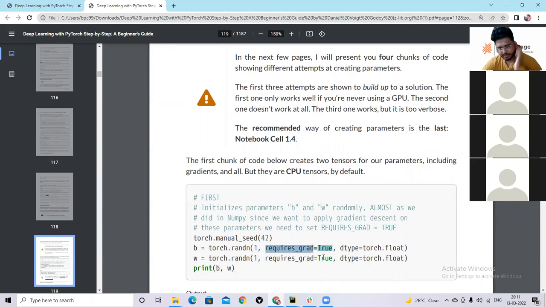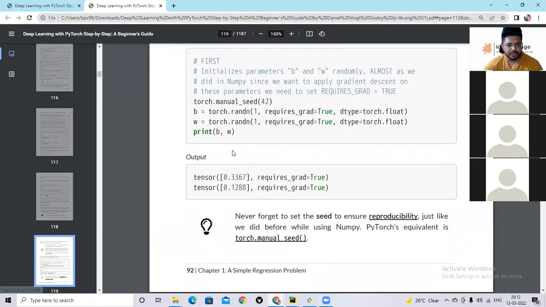Whenever I say requires_grad is equal to True, the compiler understands that b and w are learnable parameters and it needs to automatically calculate their gradients. When you print it, it tells you it is a tensor with the property requires_grad=True. Whereas X_train and Y_train are also tensors, but they don't require gradient calculation.